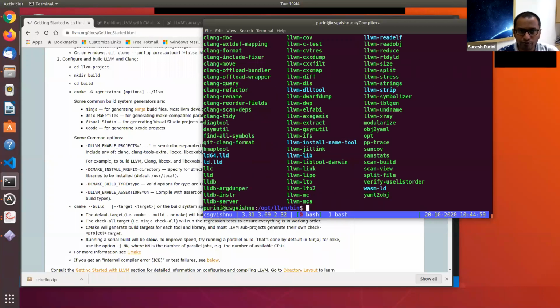If I go to bin, I can see the different modules and components the LLVM compiler infrastructure provides us to do various things. For example, LLVM X-ray is there. You can see opt, which we used, it's part of the LLVM compiler infrastructure. So compiling it and installing in a directory like /opt/llvm is a good thing, so that you have complete control and understanding of what got generated as part of the LLVM build process.